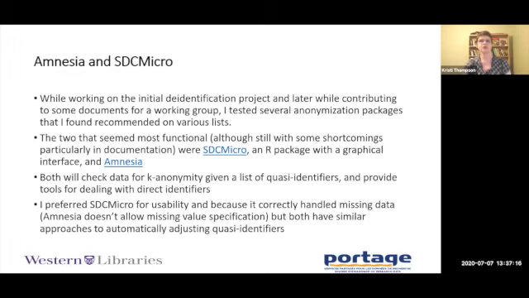By missing values, what I mean is that someone who did not answer whether they are married or not is not in the same category of risk as someone who belongs to a particularly unusual category of response to that question. And Amnesia treated a small group of people who did not answer a question as an equally risky group as people who are of an actual small category.